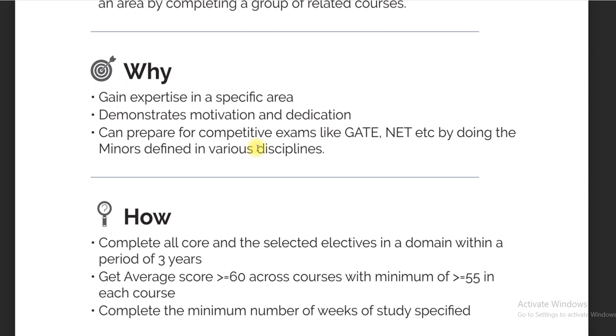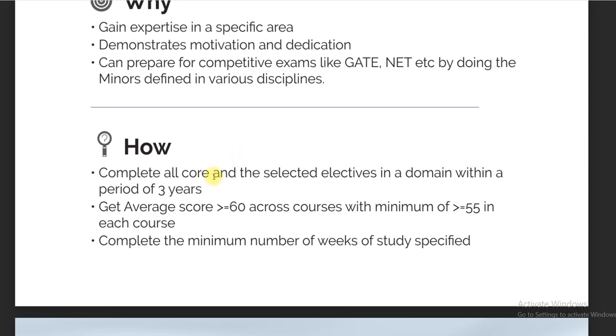I think I don't have to read it out, you are smart enough. To get it, you must complete all core and the selected elective courses in the domain within 3 years. Within 3 years you have to complete all the courses in that group.